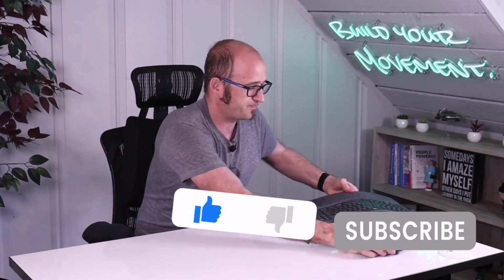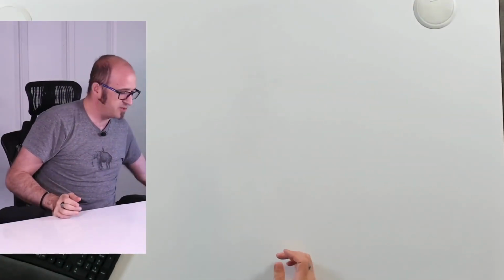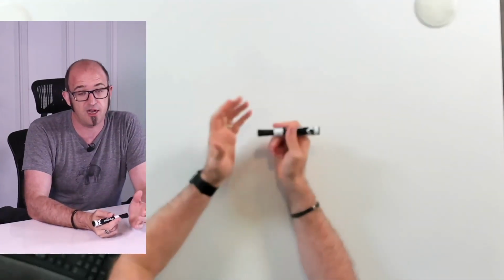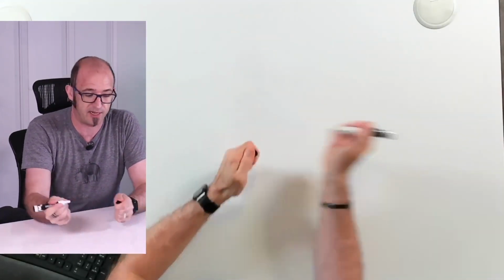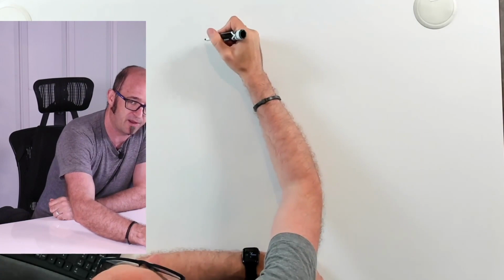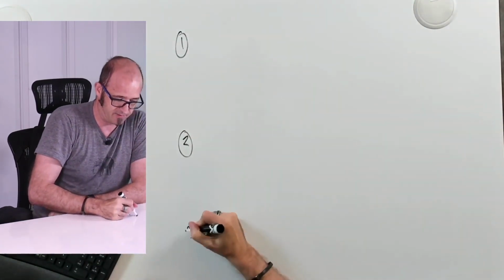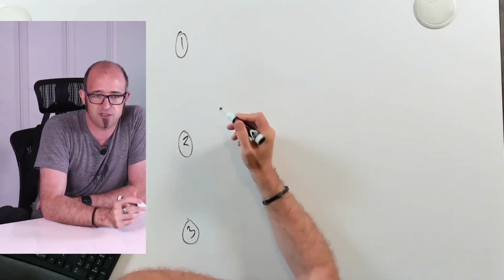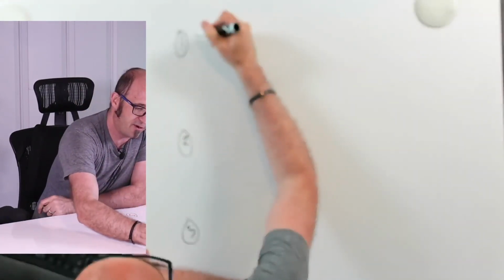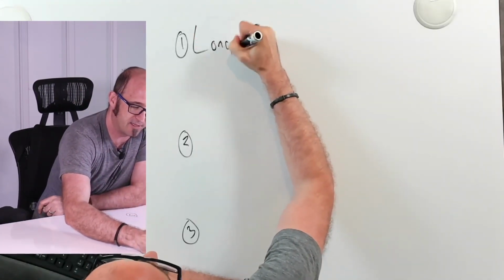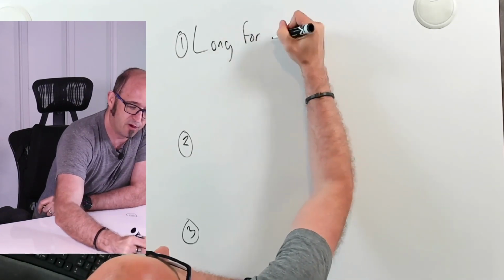Now, what I want to do is move over to the whiteboard and actually give you some really practical next steps that you can focus on to harness this data that we've learned today, okay? So I want to break this down into 3 pieces, okay? Now, the first piece here is to really focus, this is going to be unsurprising, on long form